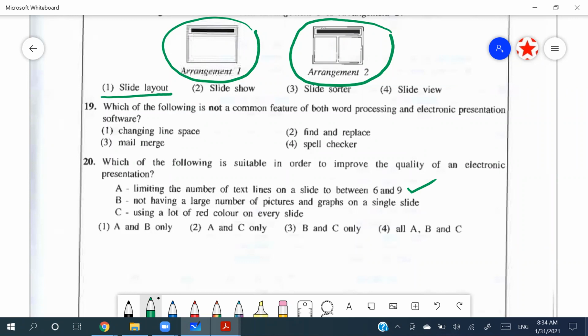Right? Not having a large number of pictures and graphs on a single slide. Not having a large number of pictures. Yeah, having a large number of pictures will jeopardize your, or like will make the audience not getting a clear picture